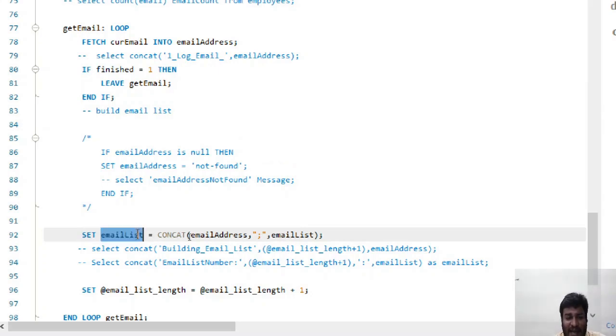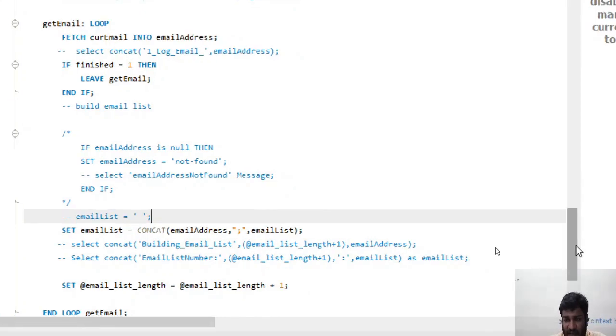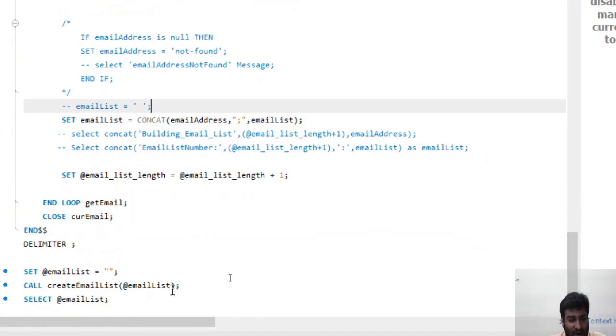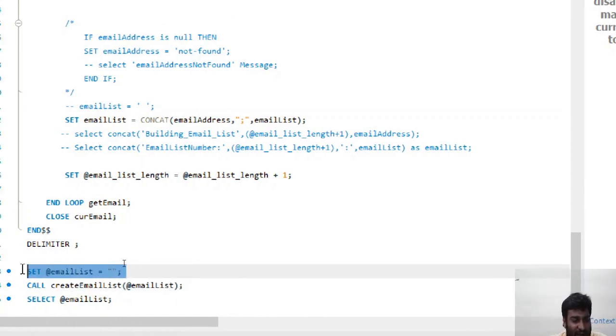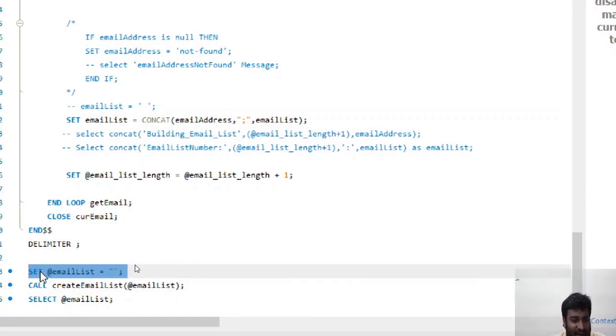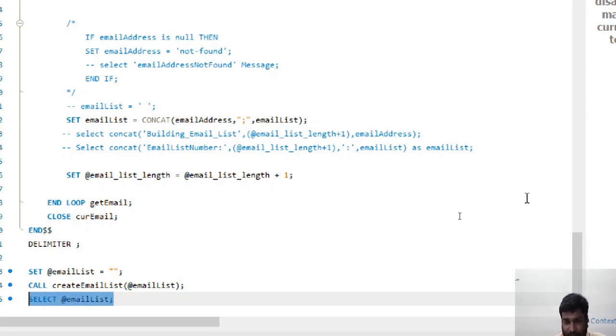Initially email list was nothing, not null. It was nothing, right? If we scroll down and see over here, when we called create email list, before that we even executed this statement which said set email list as add nothing, and then we concatenated all email list in this procedure, and then we called it, right?